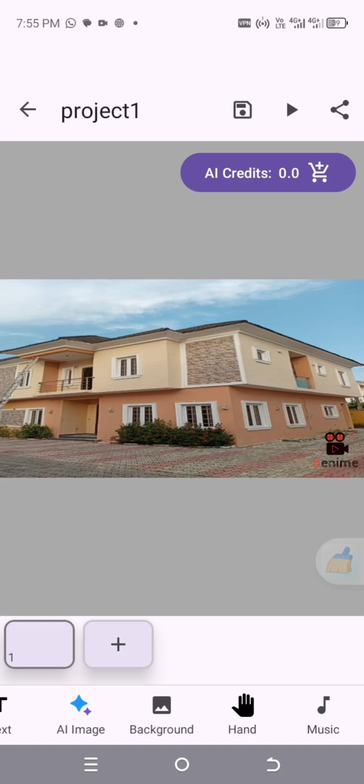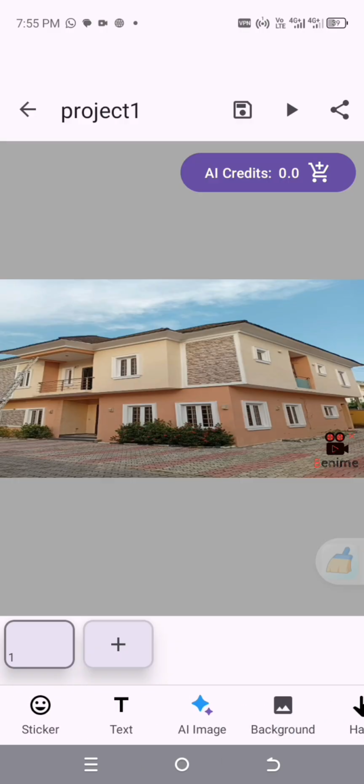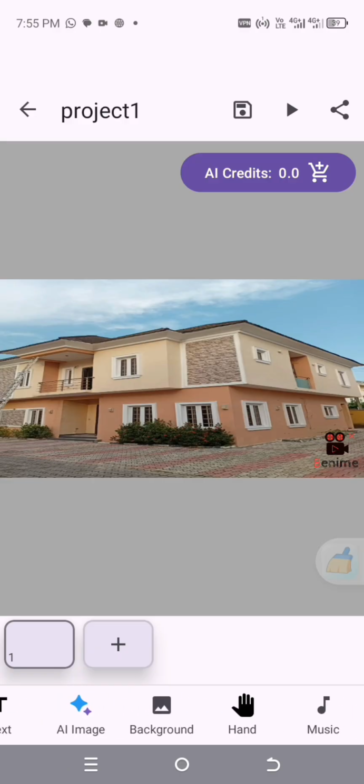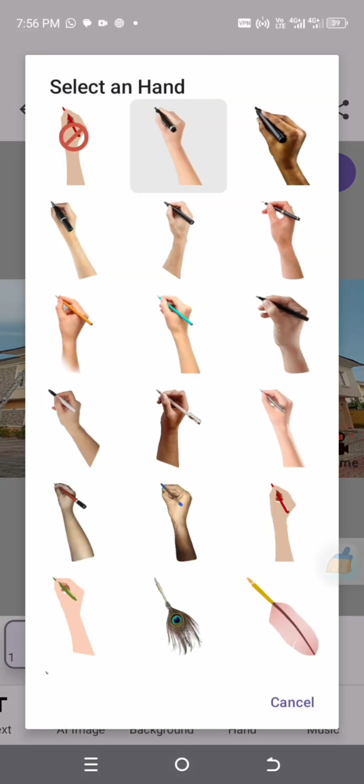So the first thing is you type what you want for this page. So you can just go to this text, click on text and type. But before you type, you scroll to here, you see where there is hand. So click the hand. So you can choose any hand that you want to be writing what you want to write. But if you don't want any hand to write it, you choose this hand that they have already circled,